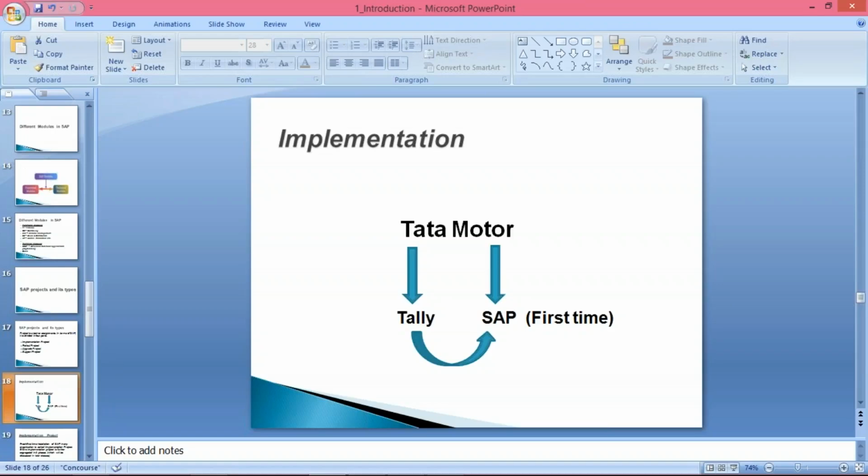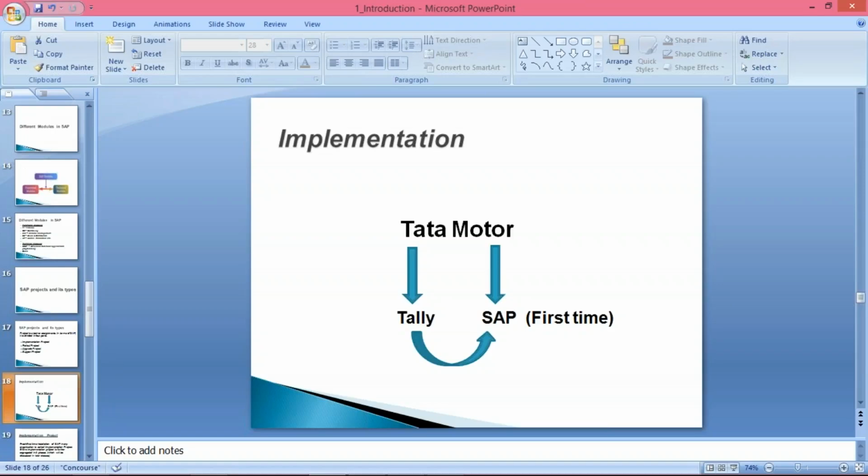Now Tally is a very small ERP, guys, but Tata Motor is a very huge organization. Initially, let's suppose it was okay, but now since they have expanded their business a lot, their number of employees has become too much, and their management's expectation in terms of reports is that they are always seeking different types of reports.